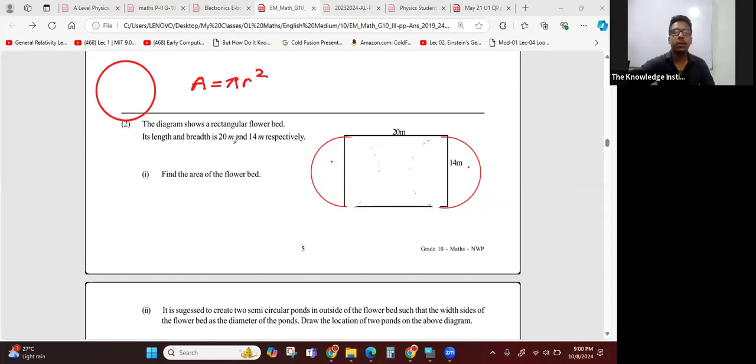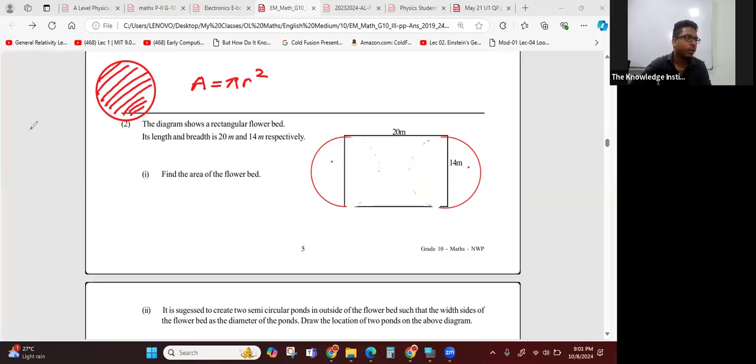Now here we want to find the area of a semicircle, right? So for the area of a semicircle, you have to multiply by half, so that you get half a circle. Now if this complete circle's area is given by A equals pi r squared,